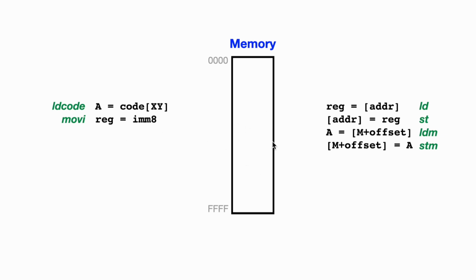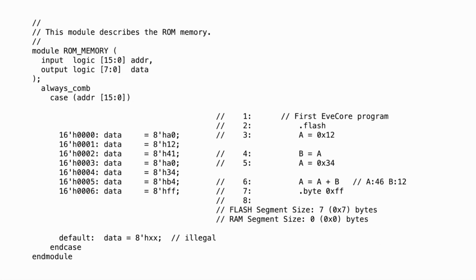So that's pretty straightforward. And so we can implement the EveCore architecture either on a Harvard machine or a von Neumann machine. And so now let's take a look at how we're going to implement the memory in our implementation. My initial plan was to take the Harvard approach and have separate memories for the program and the data. So I would have 2